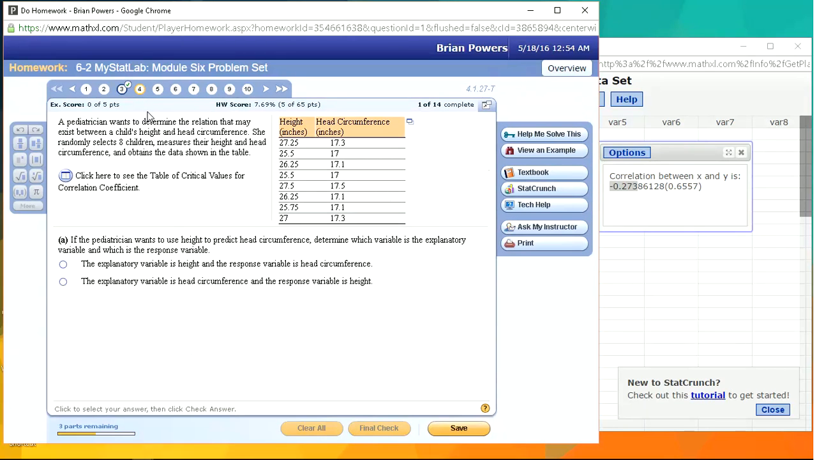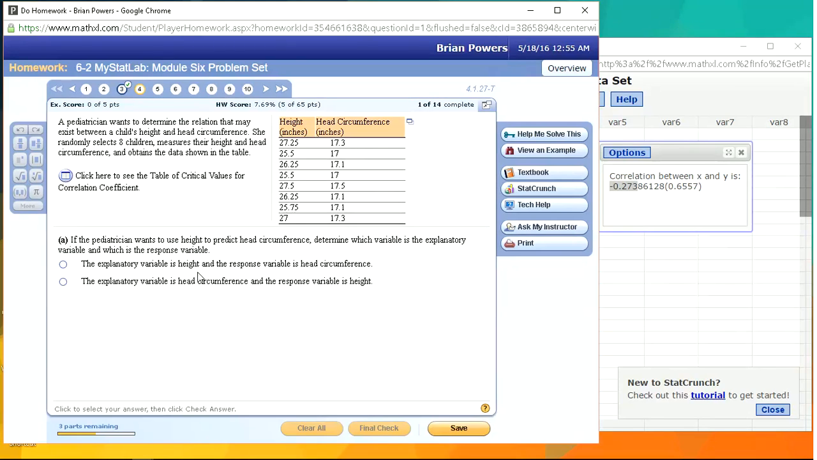Okay, so we're going to do a similar thing here. We've got another set of data, so let's read this. A pediatrician wants to determine the relationship that may exist between a child's height and head circumference. She randomly selects 8 children and measures their height and head circumference. So if the pediatrician wants to use height to predict head circumference,